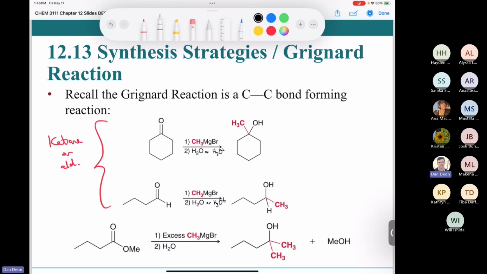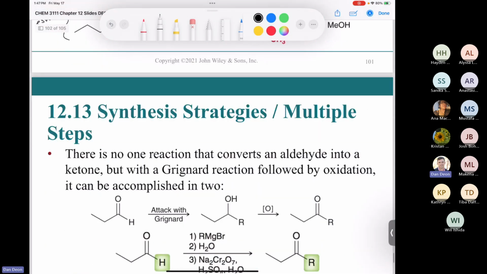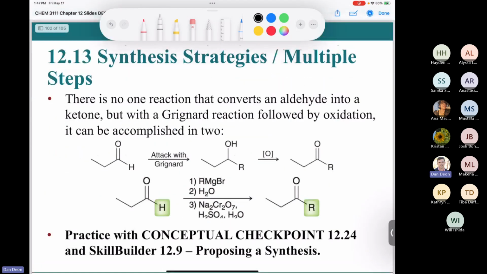And then if you have an ester, we actually have to use excess of our Grignard reagent followed by water or aqueous acid. So you need a whole lot of your Grignard reagent in that case. All right. And then, synthesis strategies with multiple steps. Well, now that you know a new way to make carbon-carbon bonds, it really opens things up. So you have to be very, very solid on your synthesis in order to figure out these kinds of problems, right? Let's say you have